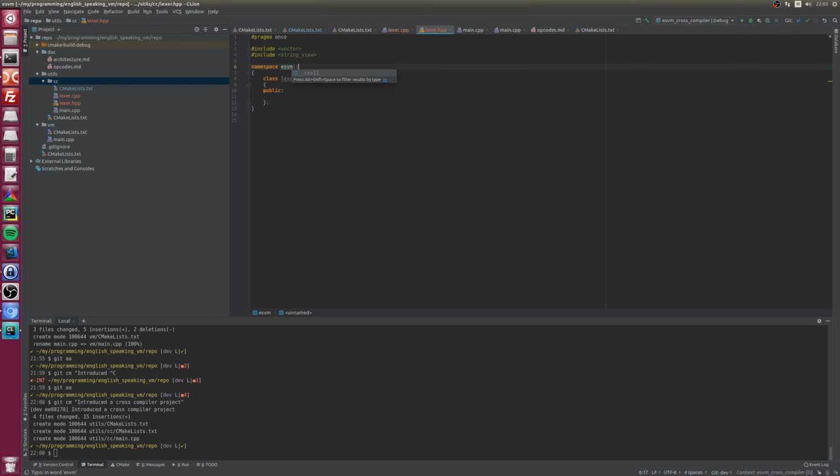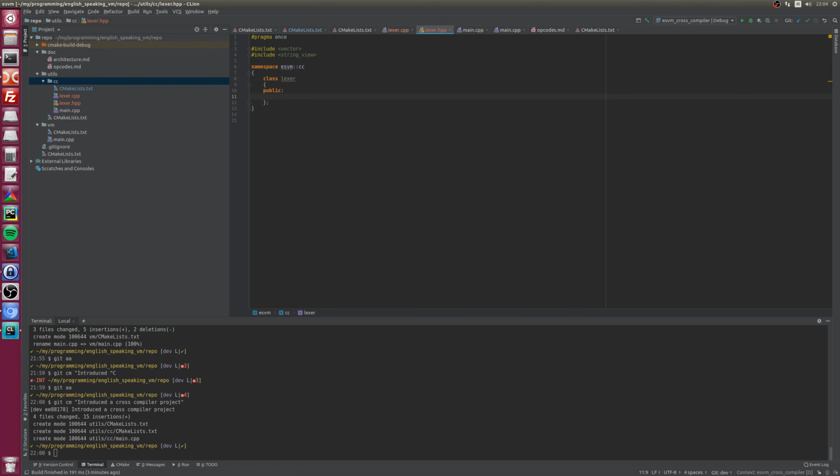Let's use nested namespaces, which is going to be cc. Okay. Lexer is going to assume that the source code, the assembly source code, is going to live for the whole, let's say, program execution.